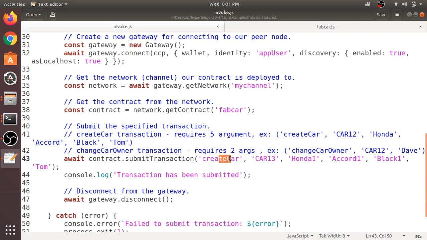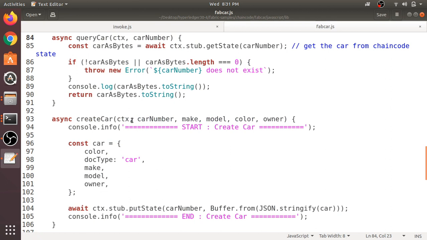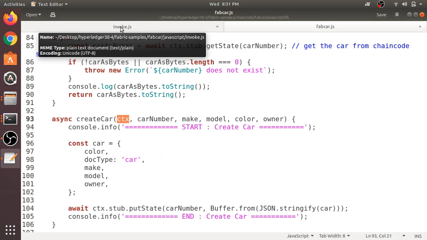createCar. Here you can see, with the help of the submitTransaction function, the first parameter should be the chaincode function name, and you can see createCar. In createCar, the first parameter is ctx, that is the context, so we are not passing this value.